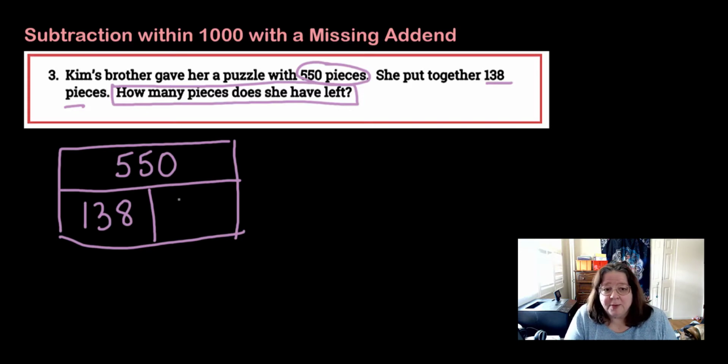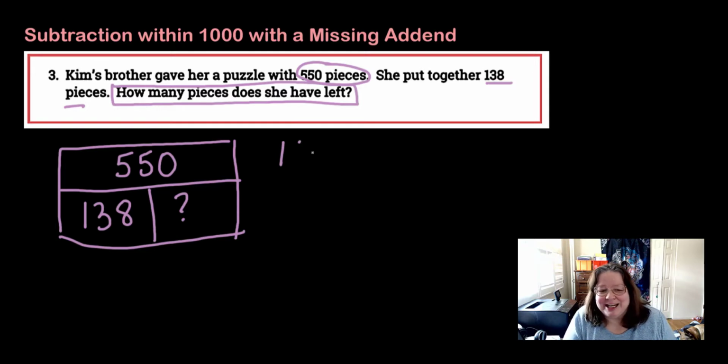Now, could we count them all? Well, certainly we could draw 550 pieces, cross 138 out. But after a while, that gets a little tedious, and it's very easy to make a mistake. But we don't have to do that because we can use what we know to solve what we don't know. We know that we could make an addition family,